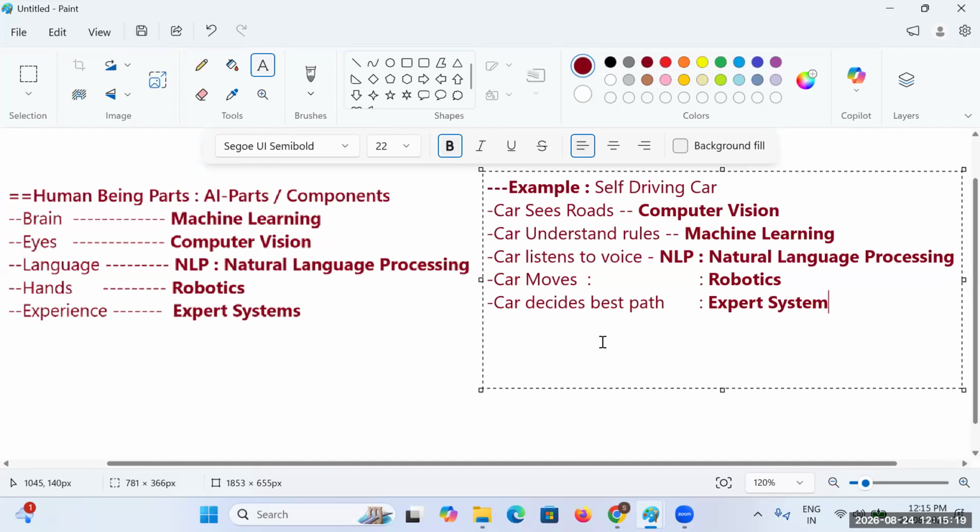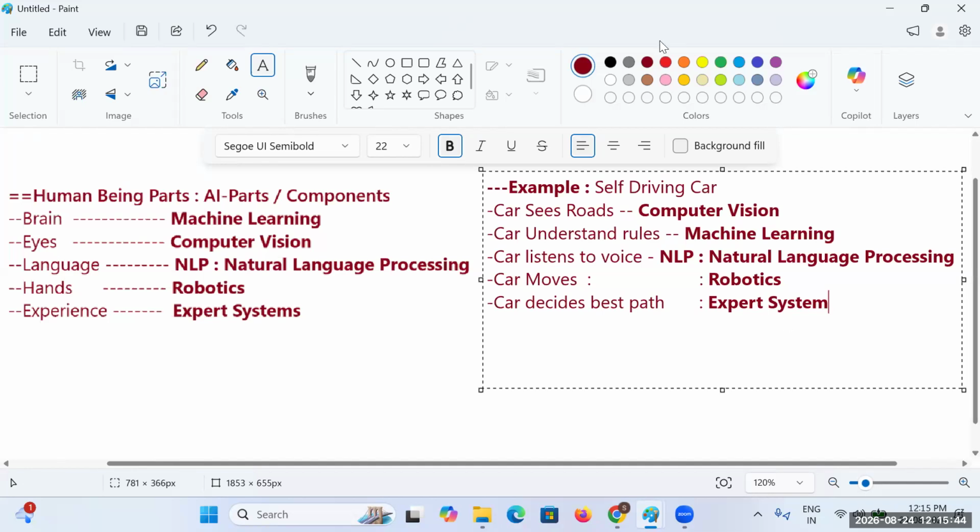The car understands the rules with machine learning. The car has to listen to voice, that is natural language processing. The car has to move, that is robotics, and the car has to decide the path, that is an expert system.